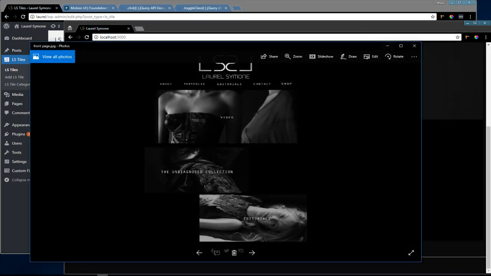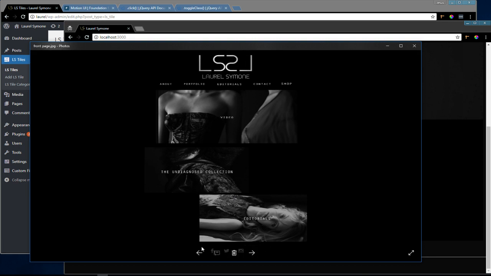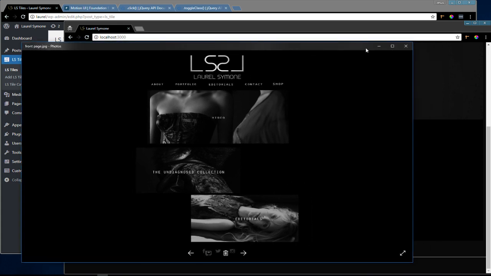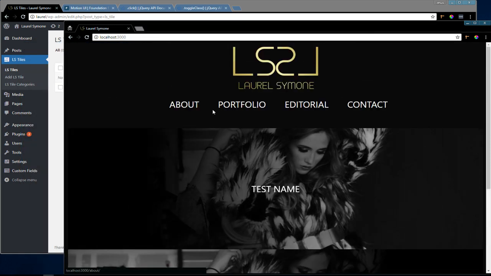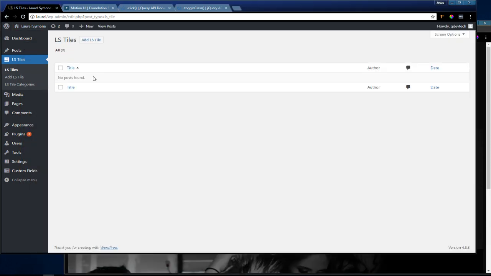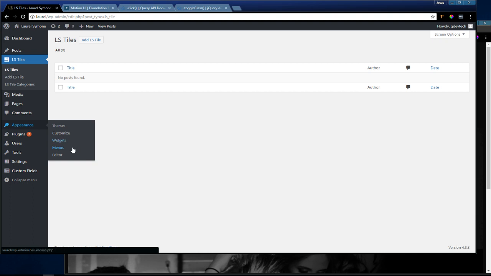Let's take a look at the footer, see if we can get that knocked out towards the end. So here you can see they have little icons down there, which we're going to use Font Awesome. So let me see if it already includes it. Probably doesn't, but let's test it out. So I'm gonna go back in here. I'm gonna go to Appearance, Menus,